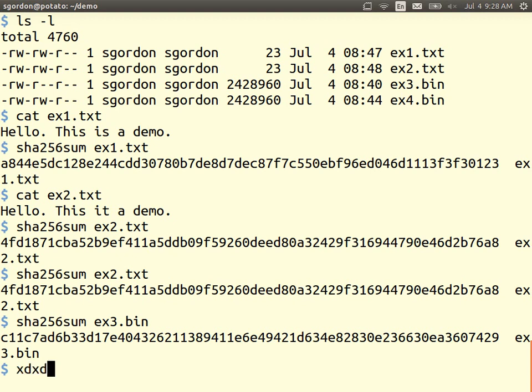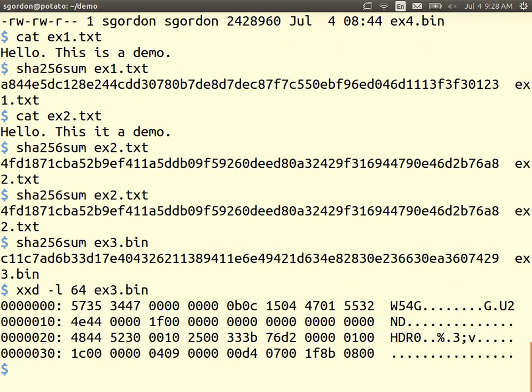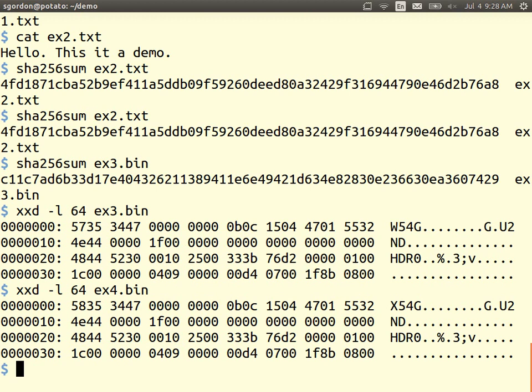This is a bit out of scope, but I'll show you the hexadecimal of that file. What I'm showing is the first 64 bytes of EX3 and then the first 64 bytes of EX4. In hexadecimal, it doesn't make much sense. It's a binary file, an application, actually, I think. If you look closely,